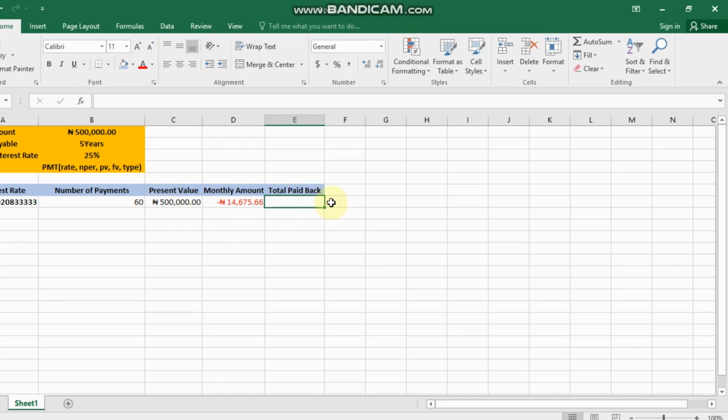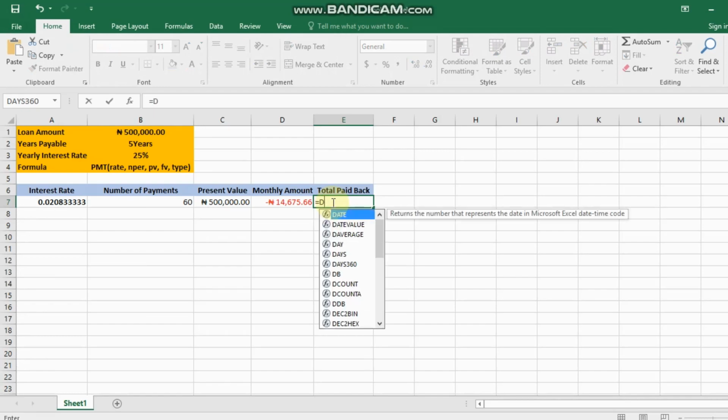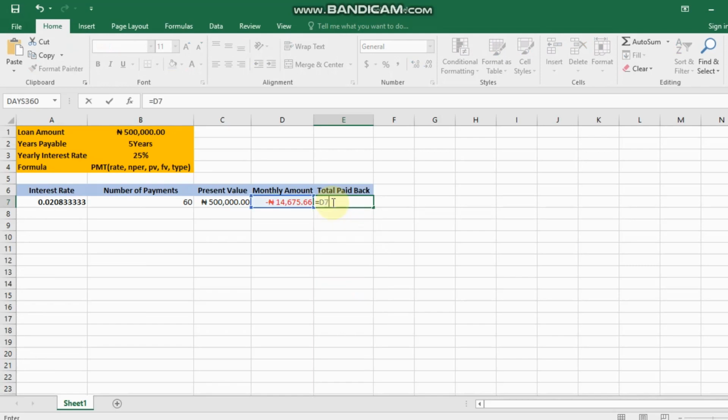For us to get that, we say equal D7 multiplied by B7. We can see that this is multiplied by this for us to get the total amount paid back. The total amount payable back is 880,